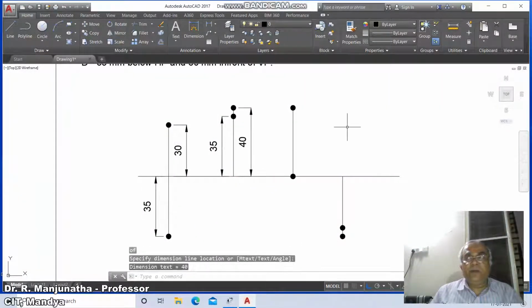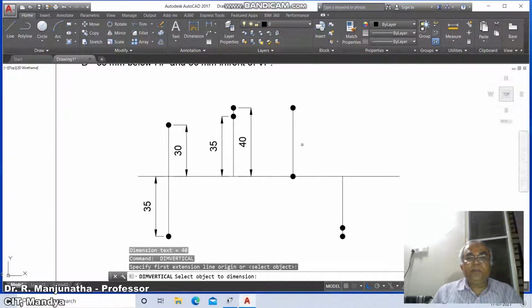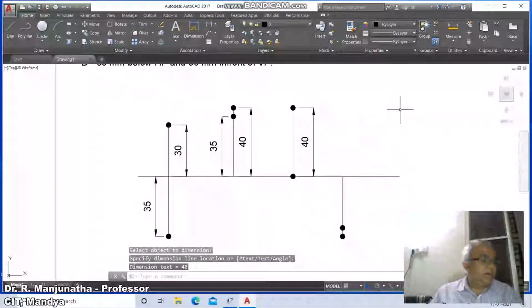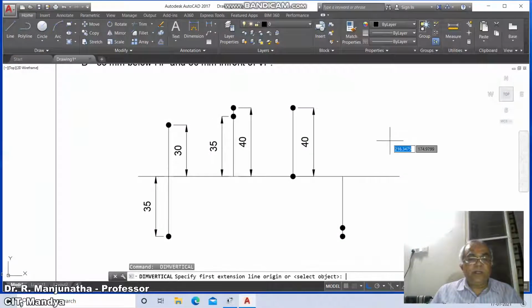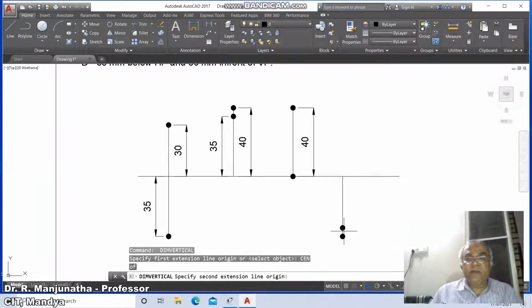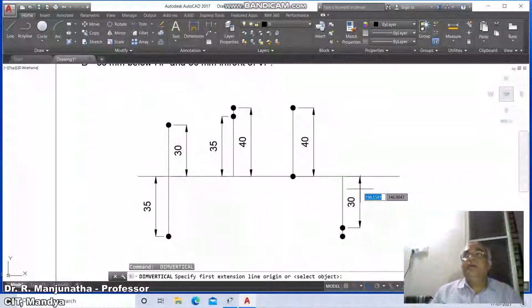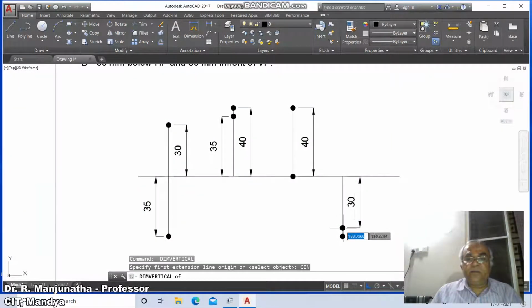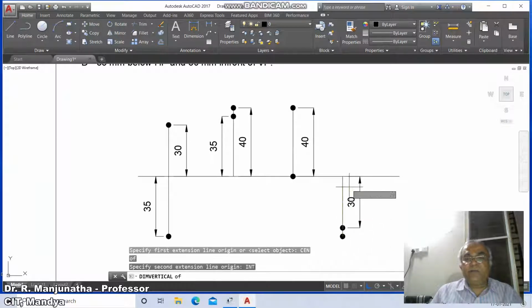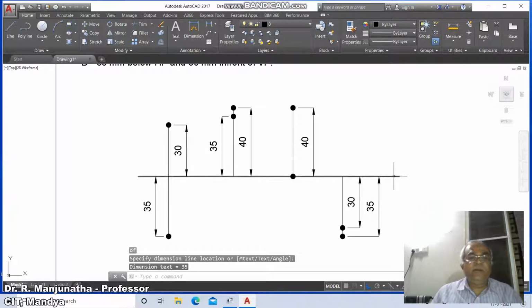So you're going to get 40. Now select objects, select this entire line, take it 40, then vertical, center of this and intersection of this and take 30, again take center of this and intersection of this and make it 35.